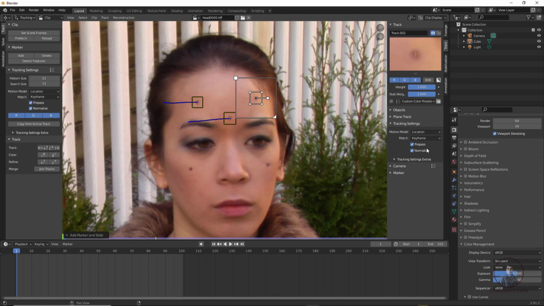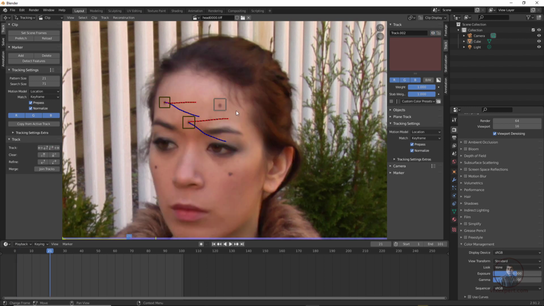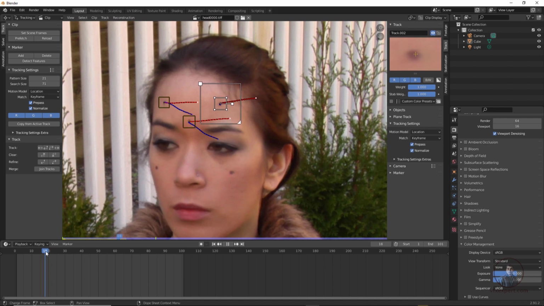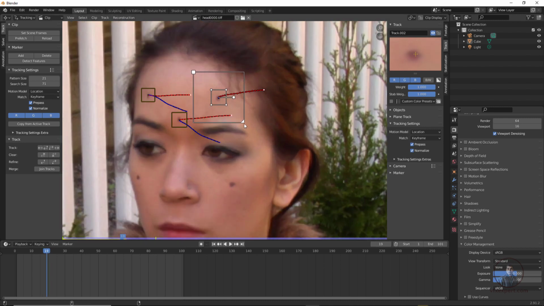Now if you will see, this has automatically been enabled because here you have checked this one. So now again track forward. Maybe a little bit, because here the face is turning a little bit here. Then just adjust this a little bit. Now press S for scaling. Now just adjust a little bit here. Now again click on this forward track here.